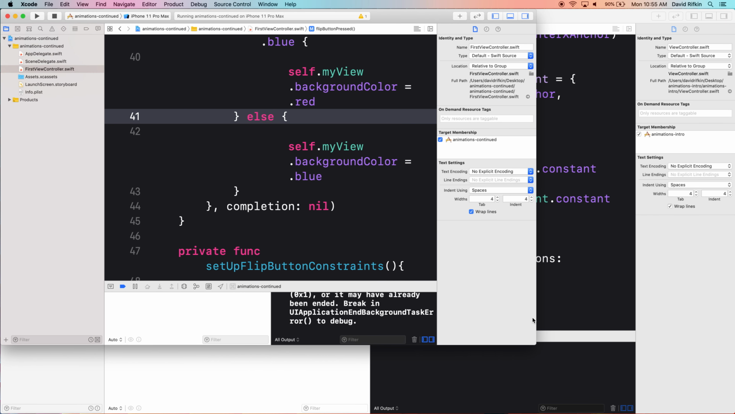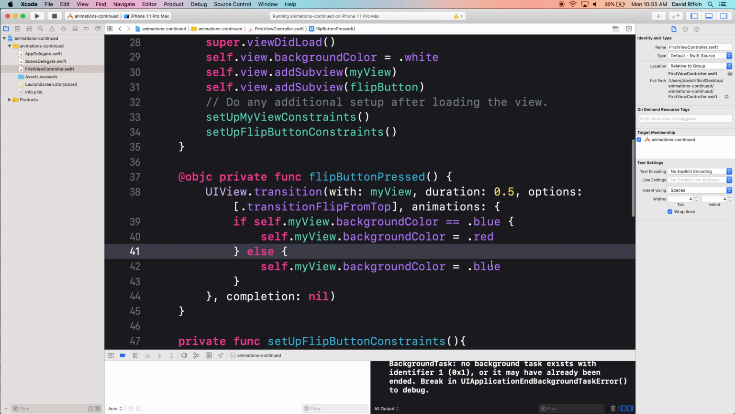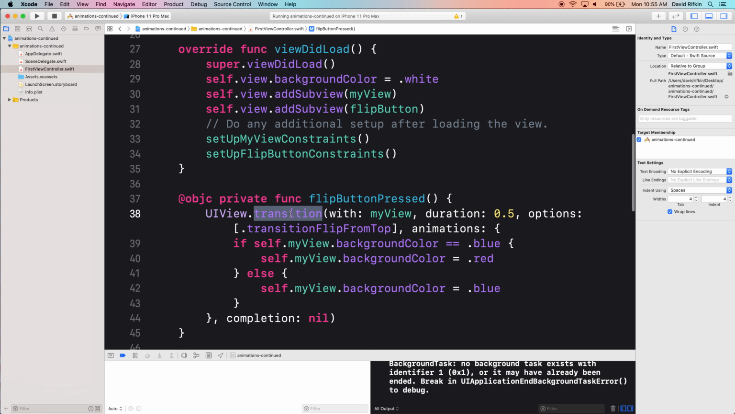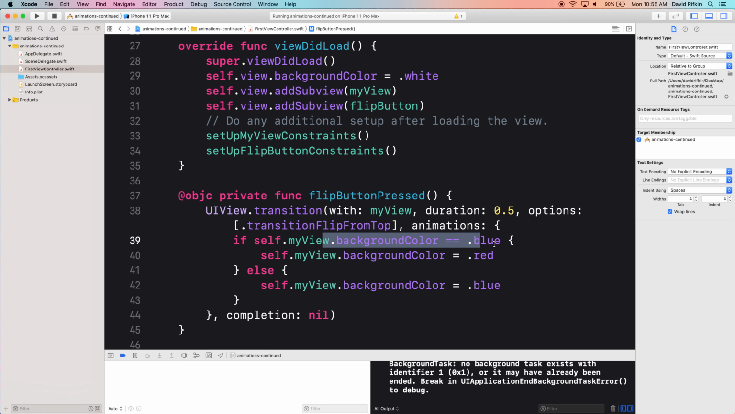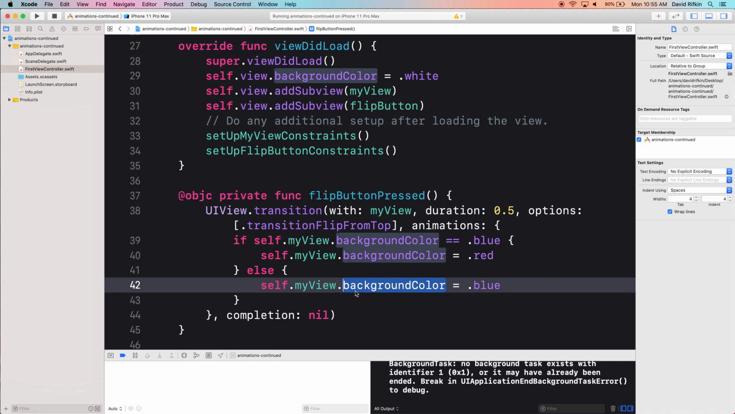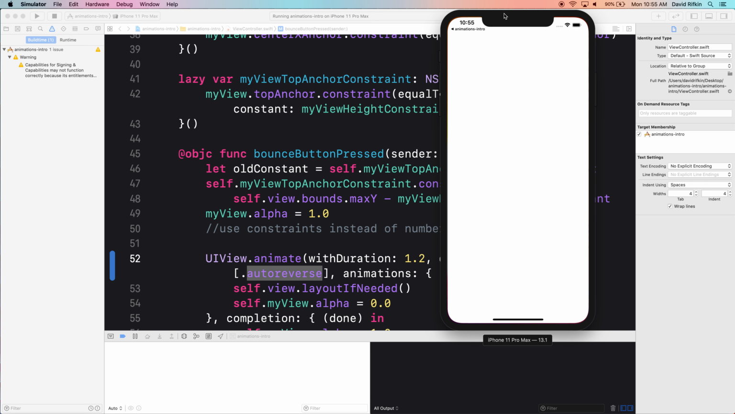We've seen UIView.animate. There's something just as simple called UIView.transition, which is saying take my view from where it is to some new state that I'm setting up here. And all that is if my view's background color is blue, make it red. If my view's background color is red, make it blue. And so when I run this app and I press the button,